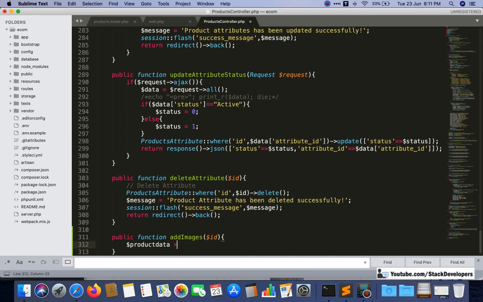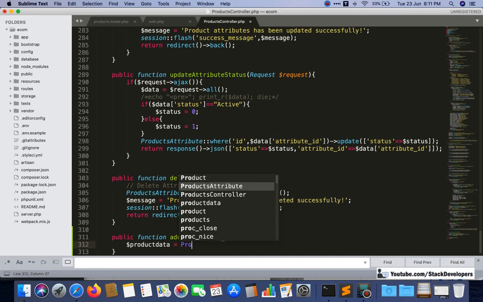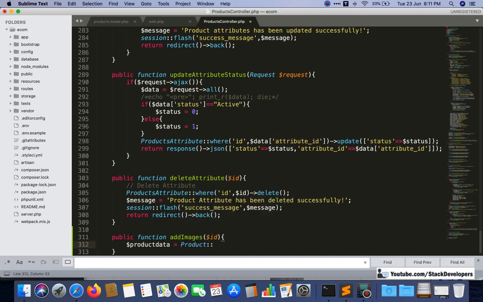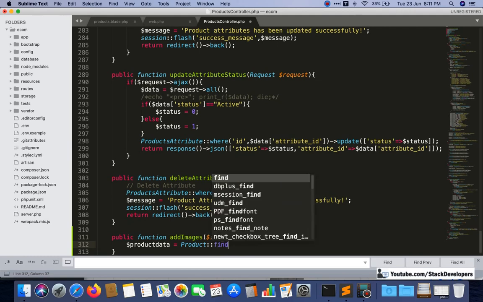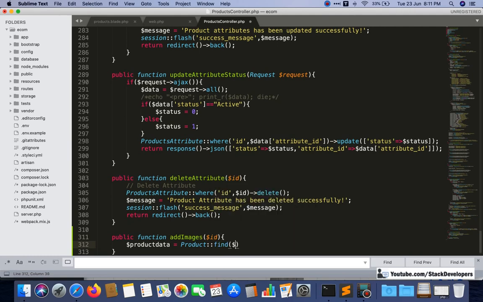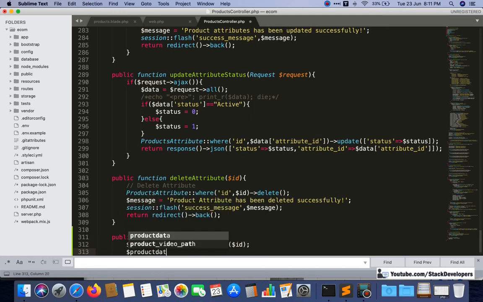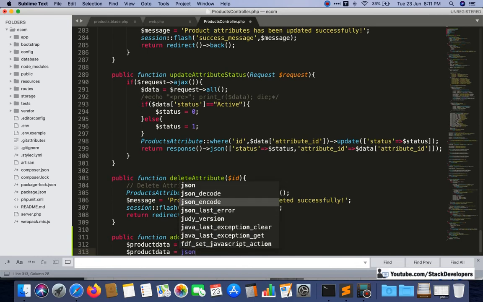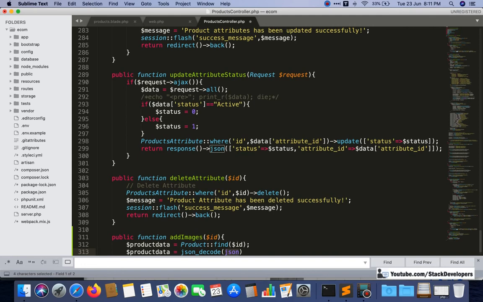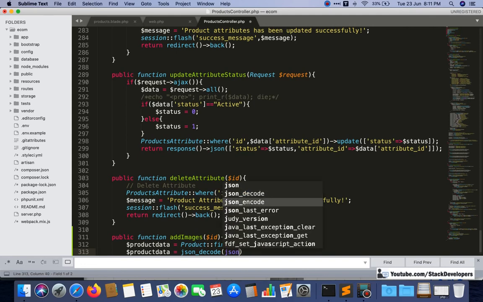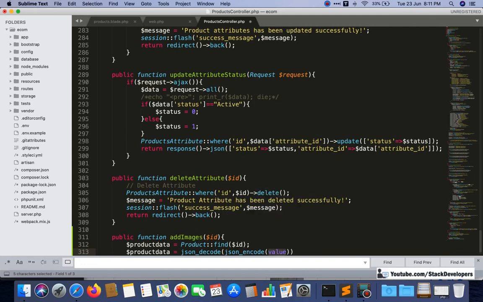Once again I'm going to make it like this, $product data from the product model, and we can simply give find $id to get all the product data. It's a JSON record. I just want to debug whether the data is coming fine or not, so I'm going to check the data here.